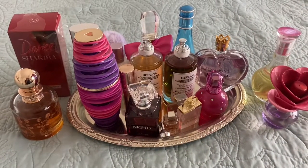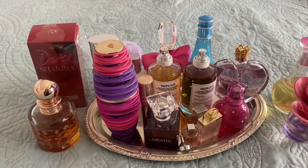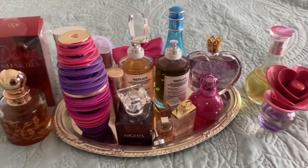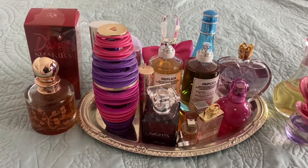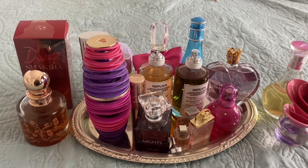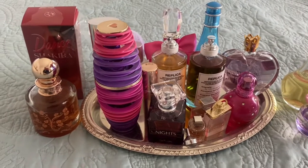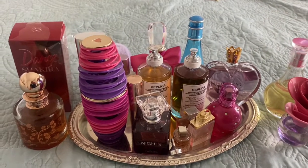Okay guys, here is my perfume, slash eau de toilette. How do you say that? Here is my perfume collection, you guys. I have some older products and some newer perfumes, or eau de toilettes. Is that how you say it? Okay, I'm going to go through them probably from favorite to least favorite, because I can talk a little better that way. I like pointing out the good things and bringing out the good things in people, same with products. So besides the one I just showed you, the Oriental Oak Moss,